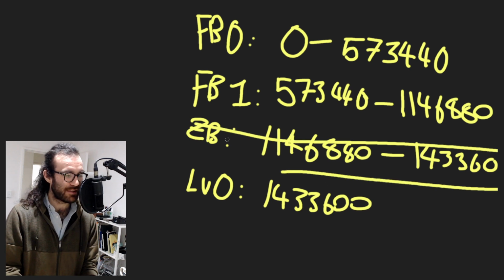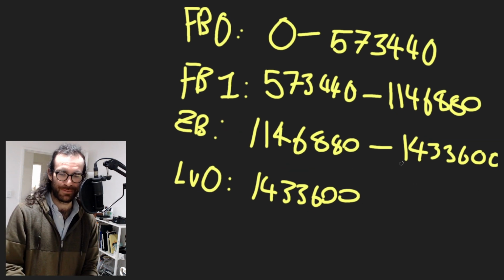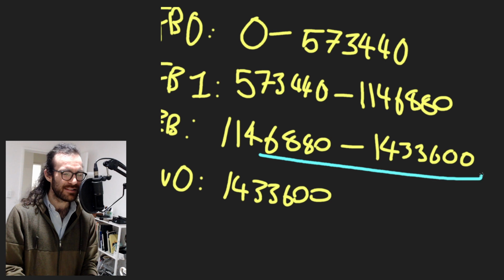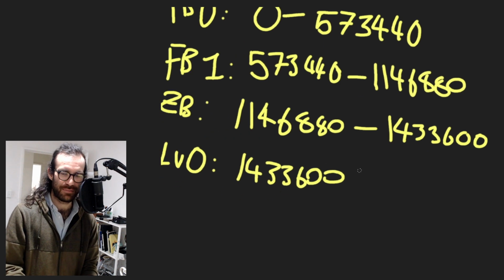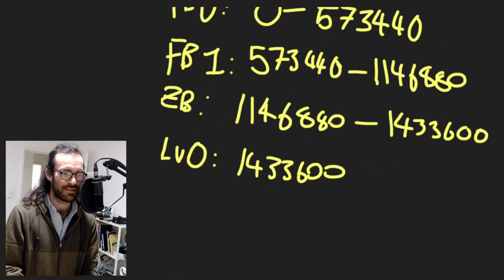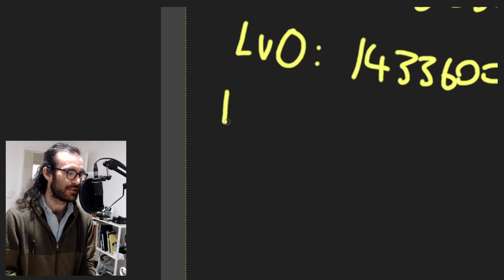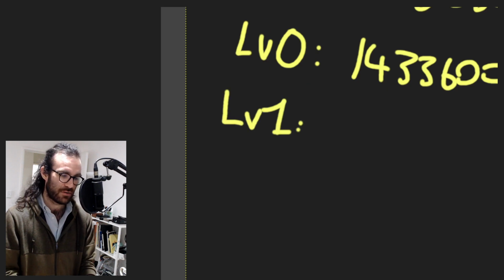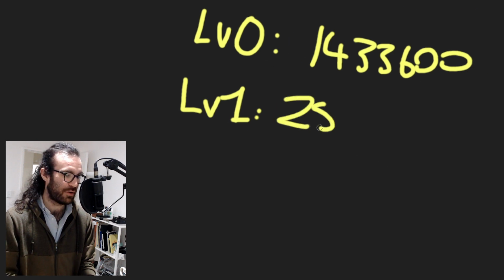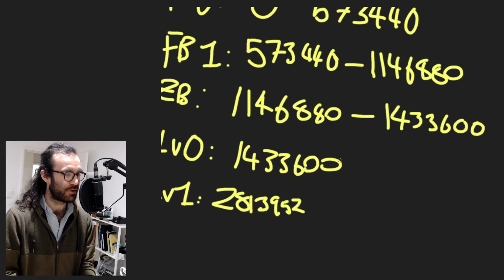Likely, if we tried to do anything with a Z buffer right now, it wouldn't work. And this might actually explain some past issues I've had, potentially. So level 0 starts here, and then level 1 is similarly going to be at... where is it? 2813952. Okay, so